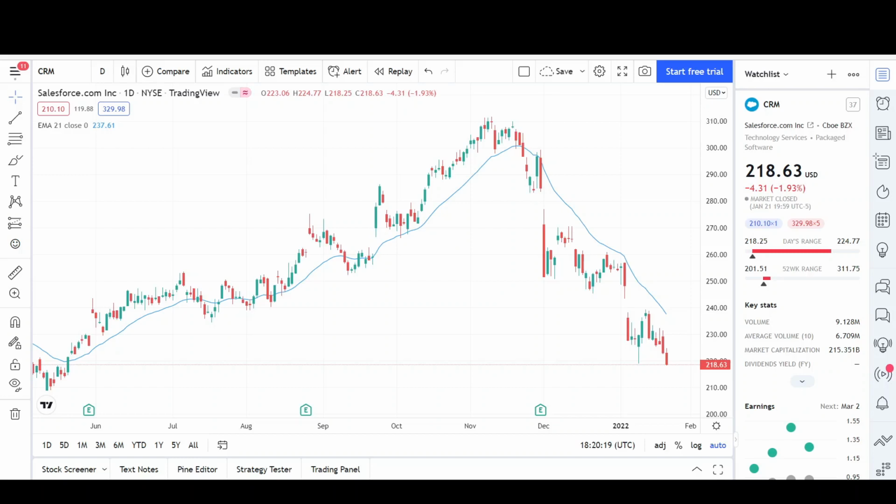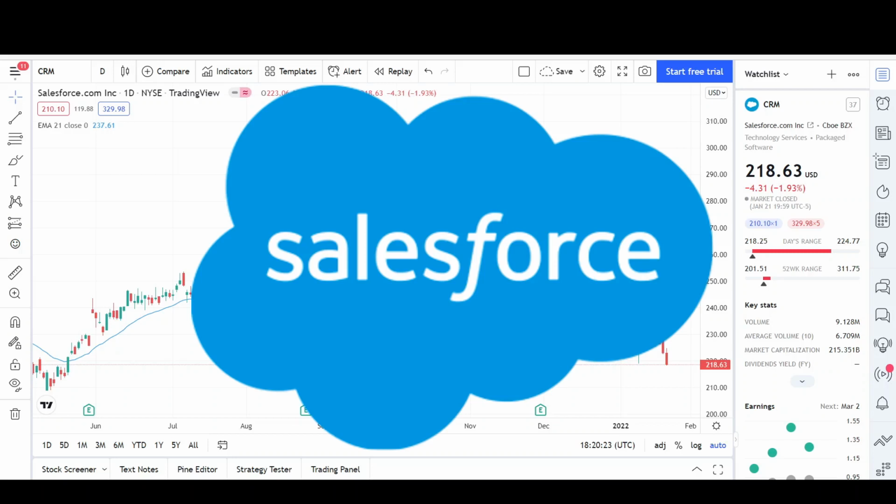What's up, traders? This is Vee Trades, and today I'll be doing a technical analysis breakdown for Salesforce.com with the